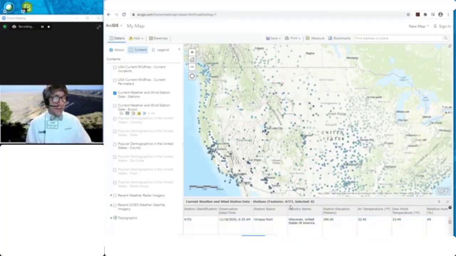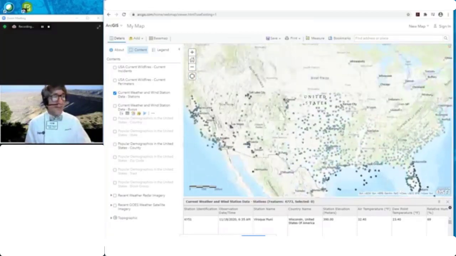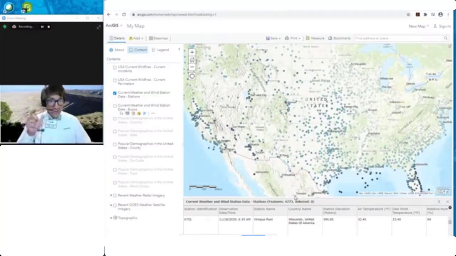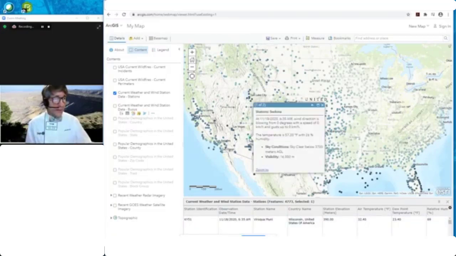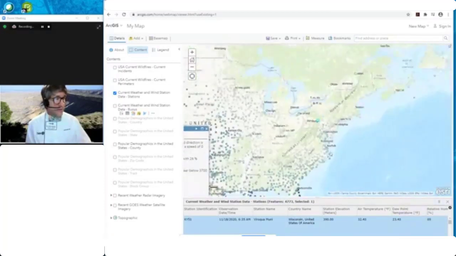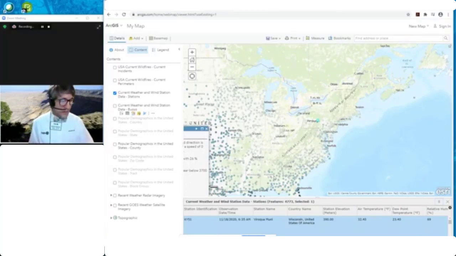So notice in this particular case, I've got 4,773 weather stations all over the globe. Yeah, it's not just the US. And so I've got that many rows in my table. That's my I part of GIS. And then the S part links the G and the I together. So for example, if I go here, you can see that it's pulling from the table right there at Sedona, Arizona. Conversely, if I go over here and I say, let's go center on selection, that particular record that's highlighted right now in Wisconsin, in this case, is the record that is in the table. So it's also selecting it on the map. So you've got a G part and an I part, and the S part links the G and the I